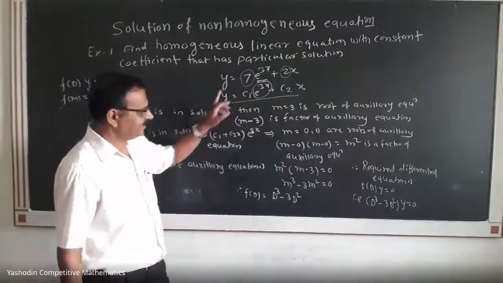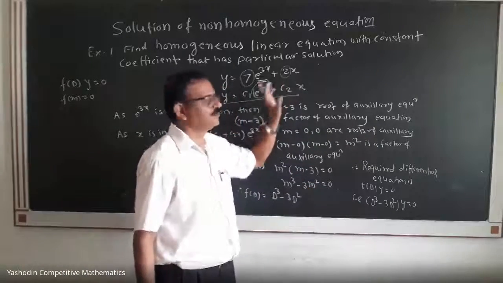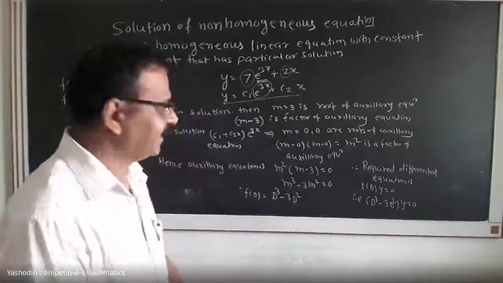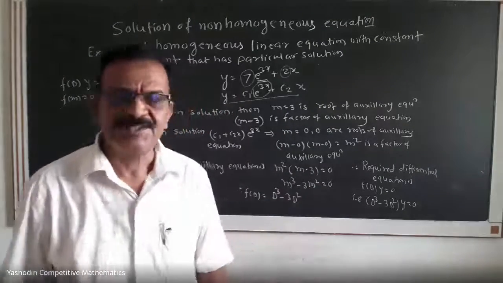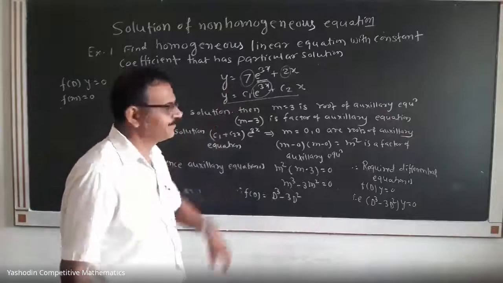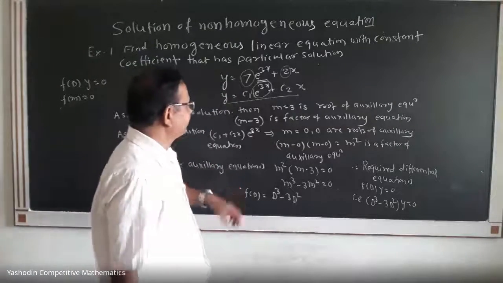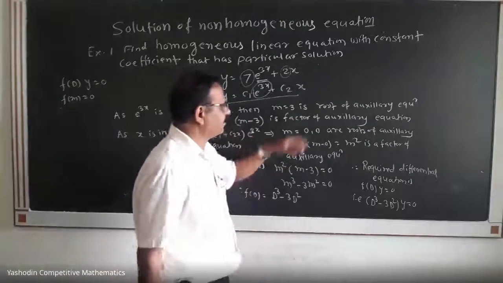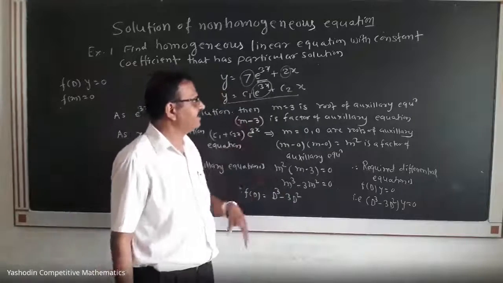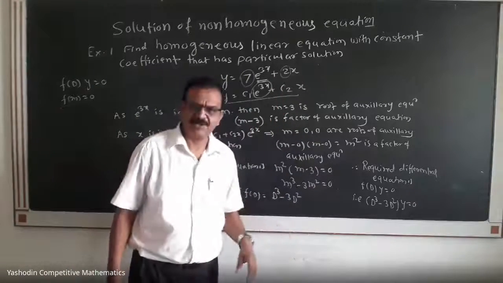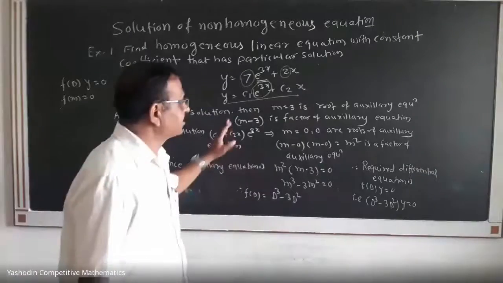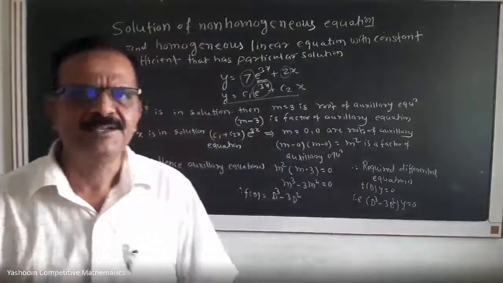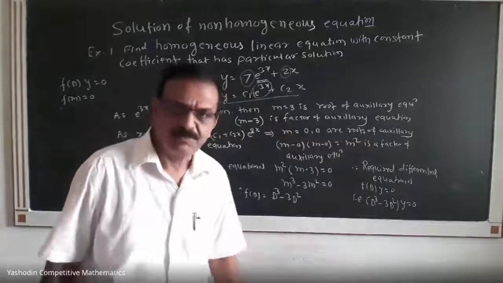Thus, we can obtain the differential equation from the given solution, whether it is a particular solution or a general solution. No matter. If it is a particular solution, then first convert it into a general solution. Then take it term wise. Take the first term and find the root of that. What is the root of the auxiliary equation? And find out the factor from that. Take the second term and find out the factor of the auxiliary equation. If there is a third term, then take that term and find out the solution of the differential equation. Follow this procedure.